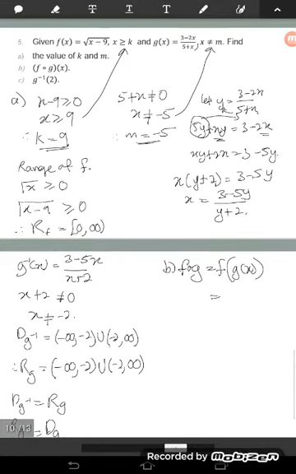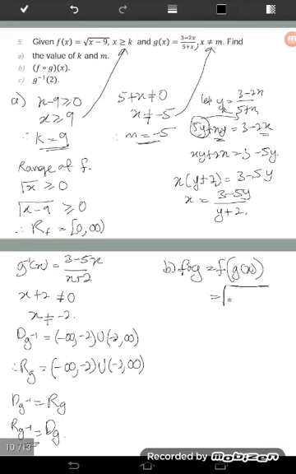Okay, so f just now is square root x minus 9. So we have here square root gx minus by 9. So it is equal to square root of gx. We substitute with the function, which is 3 minus 2x over 5 plus x plus pula minus by 9. Okay, so this one 9 over 1. So make it same the denominator times with 5 plus x,